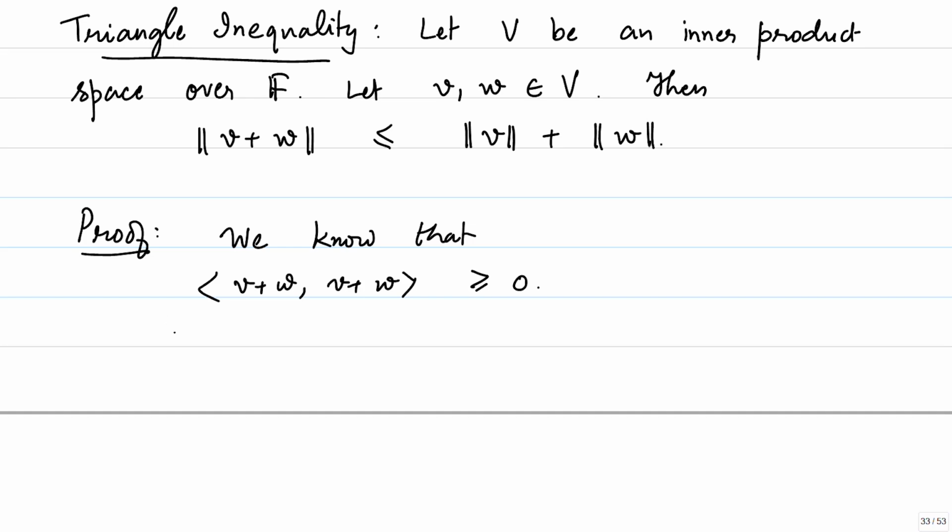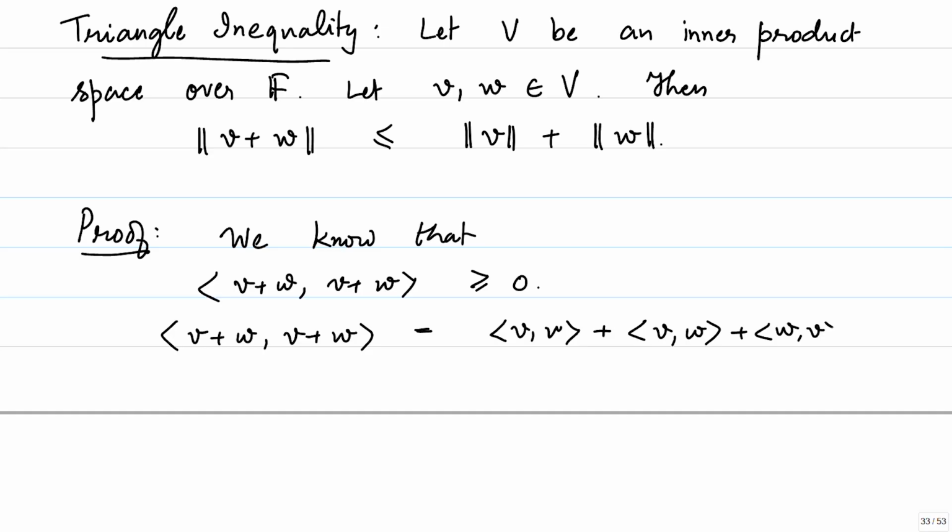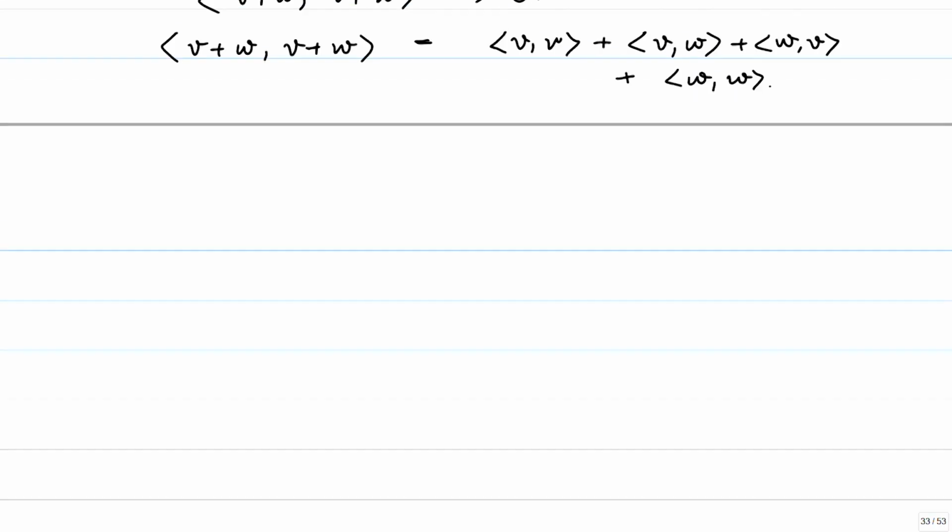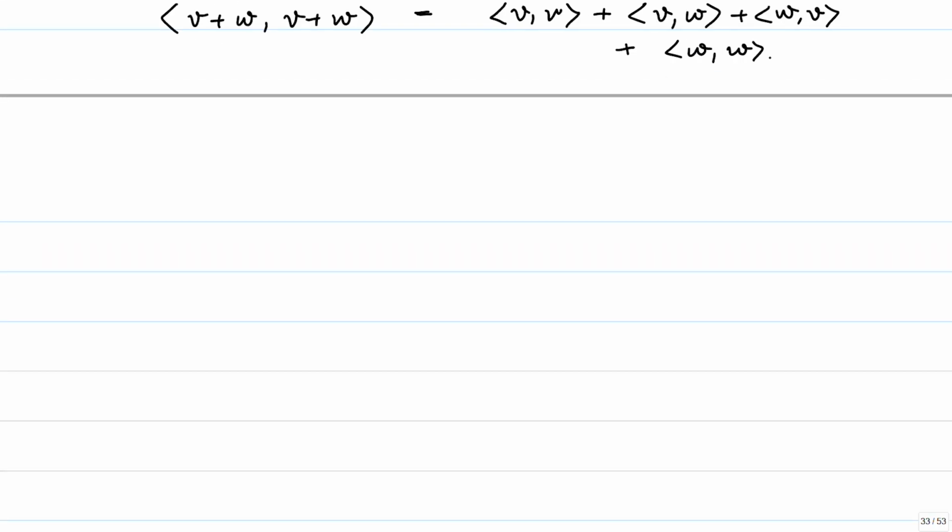This is equal to the inner product of V with itself plus the inner product of V with W plus the inner product of W with V plus the inner product of W with itself. So what is this? This is just the length of V square